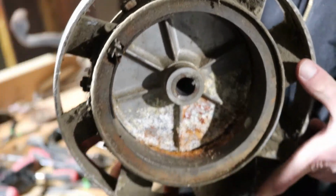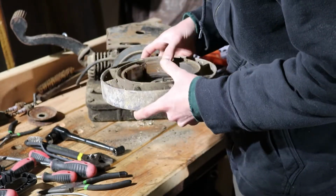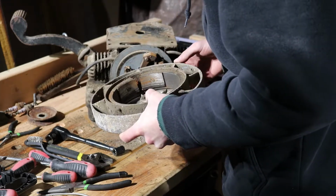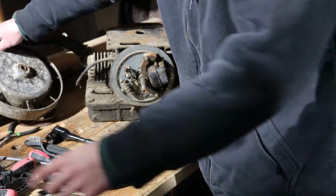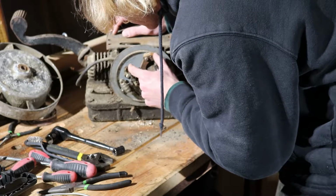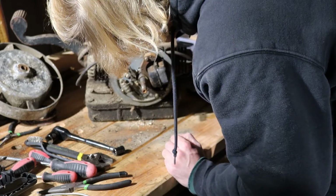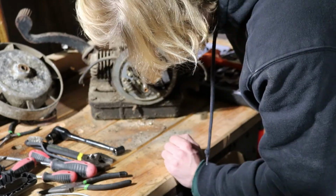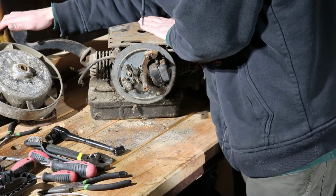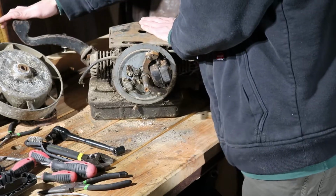There you go. So I guess flywheel. You even got your magnets up in there. That's pretty cool. And the key, which seems to be not wanting to move right now. Let's see here. You got your points. I will have to bring you guys in a little closer for that. Needless to say, everything in here is worse for wear. Oh, I'll be darned, look at that, you can even see the points open. They don't really close, but...